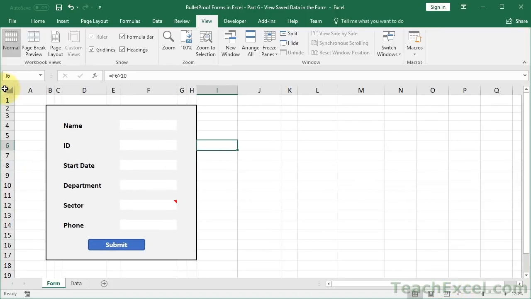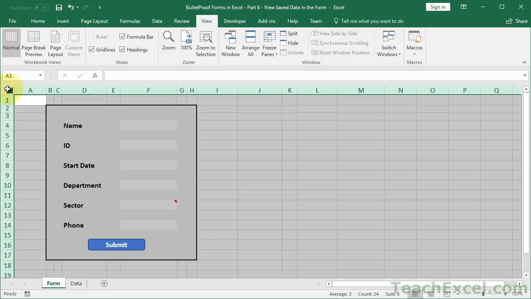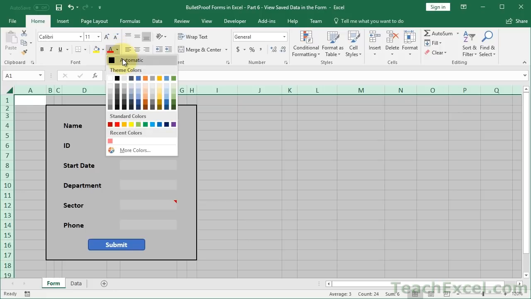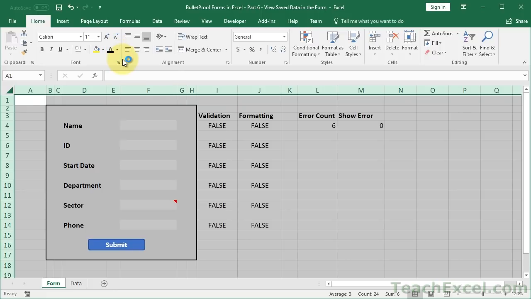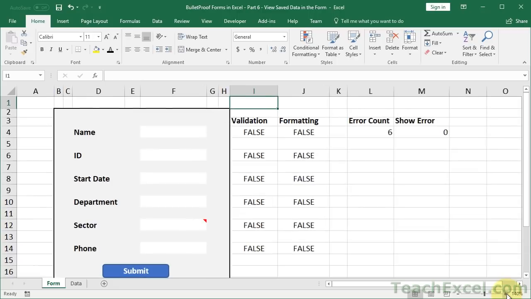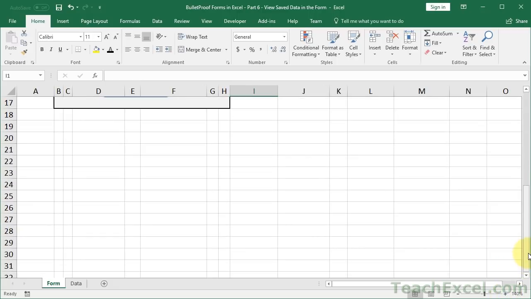And let's unhide all of the data. So I'm going to click here to select all of the cells and make the text color black. And there we go. Okay. Now what we want to do, zoom in a little bit, just go down here to the bottom part of